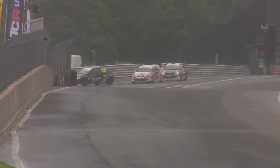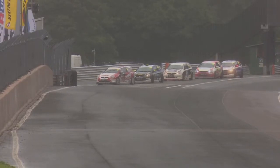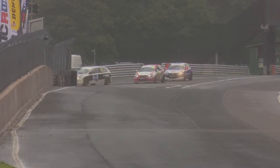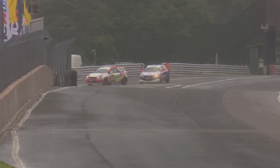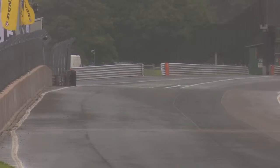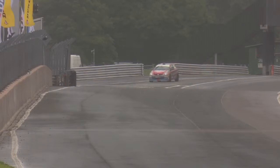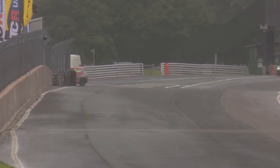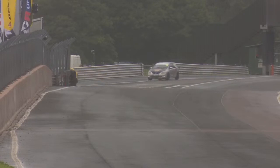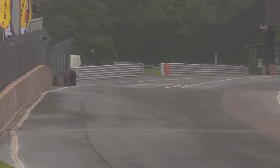Gives me a chance just to give one more thank you to the marshals, who have done a brilliant job out there. As I said earlier on, it's conditions like these that really make me glad that I'm a commentator, not a marshal, because they are out there in all weathers. They're not just out on post, but they have to be on red alert as well, waiting for any possible incidents to happen. And the second that something does happen, even if they're frozen, drenched, and wishing they were at home in bed with a hot cup of cocoa, they still head out there and do the best job that they can, and allow us